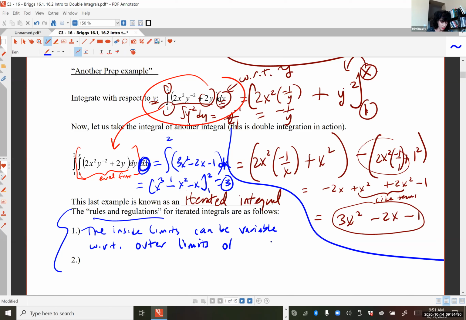So that's one rule. And then the second rule is the outermost integral. So for double integrals, it's the very first integral symbol you see. These numbers have to be pure numbers. They're not allowed to be variable. So the outside limits of integration